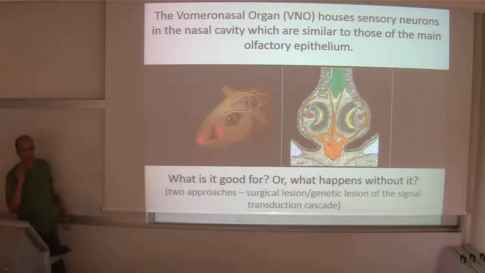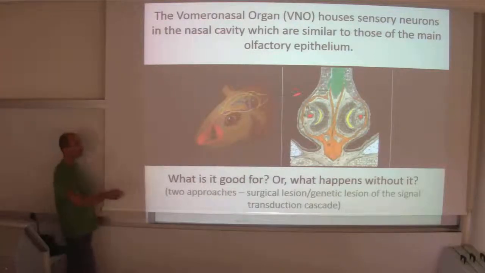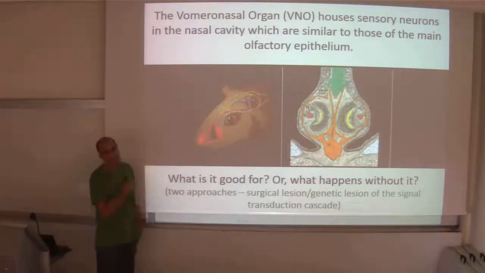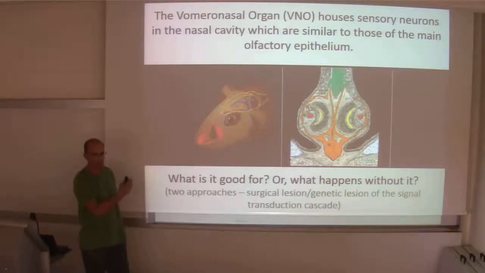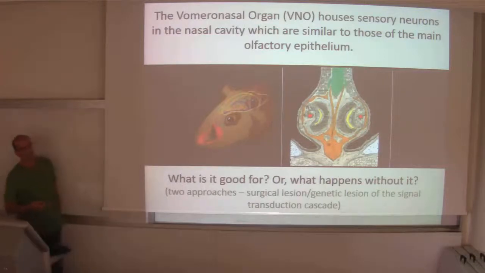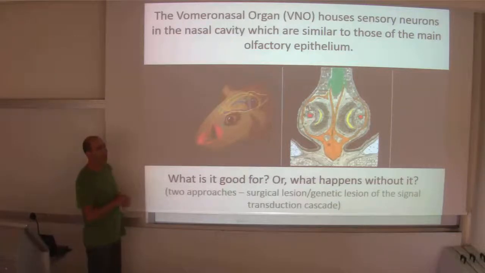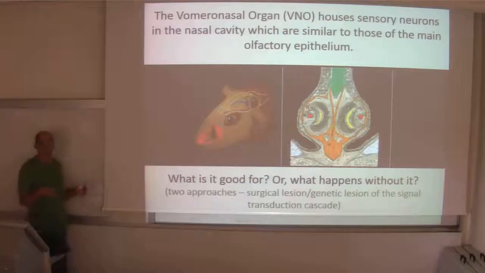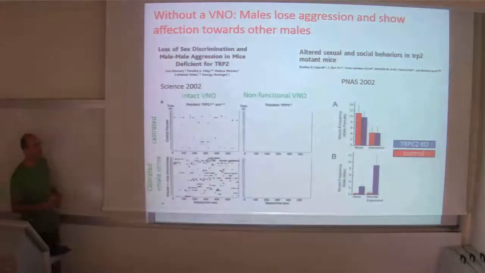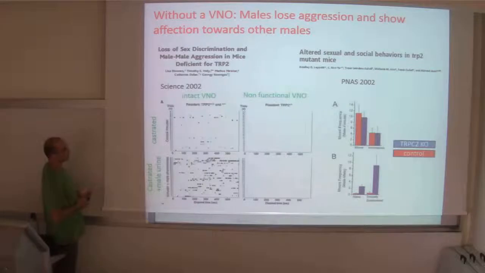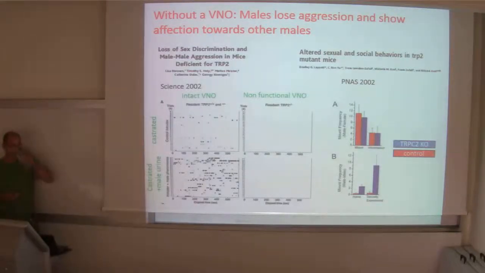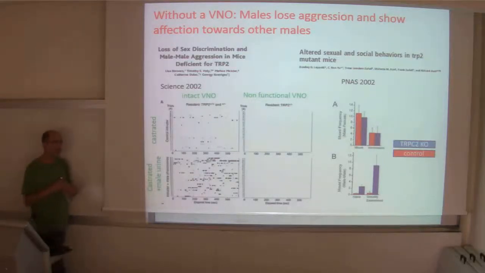And this is through a specific cation channel that's specific to the sensory neurons in this structure. If you just genetically knock it out, then only the sensory neurons in this organ cannot function. Both of these approaches have been used to study what happens to mice when they don't have a functional VNO. So I'd like to survey some of the more interesting and, I would say, high-profile findings that have emerged from such studies. One of them has just come out very recently in Nature, from the lab of Catherine Dulac. So one of the first studies that came out